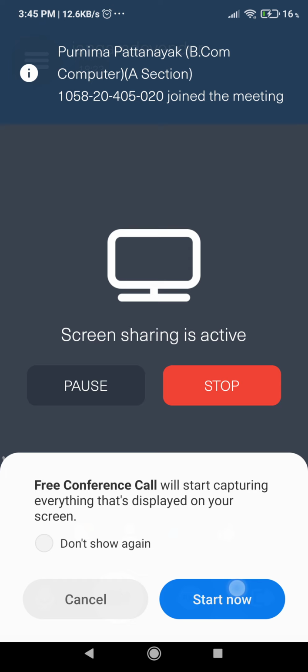Then coming to the attributes, we have key attribute, derived attribute, multi-valued attribute, and composite attribute. We'll see what these are.